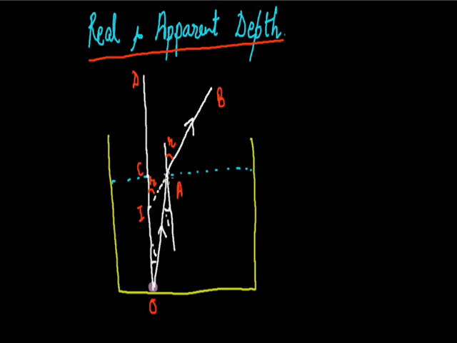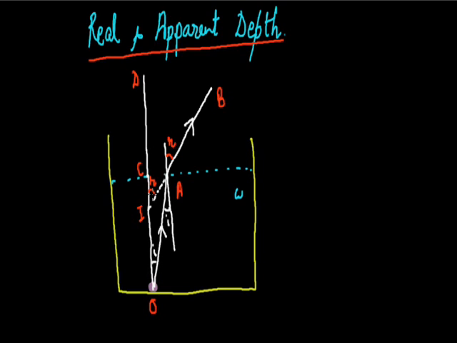Now, this apparent position is the result of the refraction which takes place at the interface of the two mediums. You can see here that object O lies at the base of the container. This container is filled with water. Now, when this object O is observed from just above, at point D, we do not observe any shift of position, but when we observe it from a different point than D, we can observe its apparent position at I.